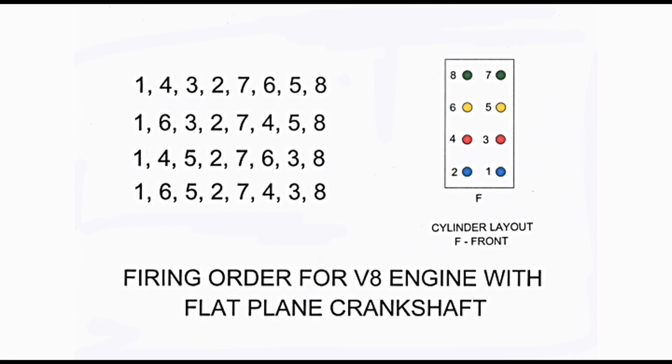Considering the firing order 14327658 given at the top, firing occurs in cylinder 1 then 4 on the right and left banks. Similarly, 3, 2, 7, 6 and 5, 8, where firing occurs after this, are on opposite banks, as is evident. This is true for other firing orders also. In flat plane V8 crankshaft engines, there is no net torque about the center of the crankshaft. This makes the assembly balanced.